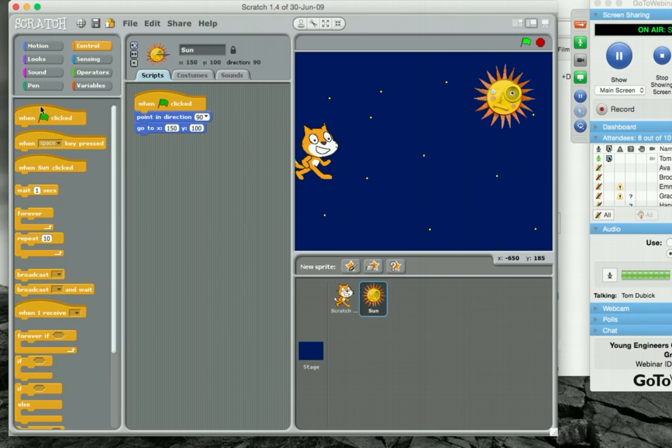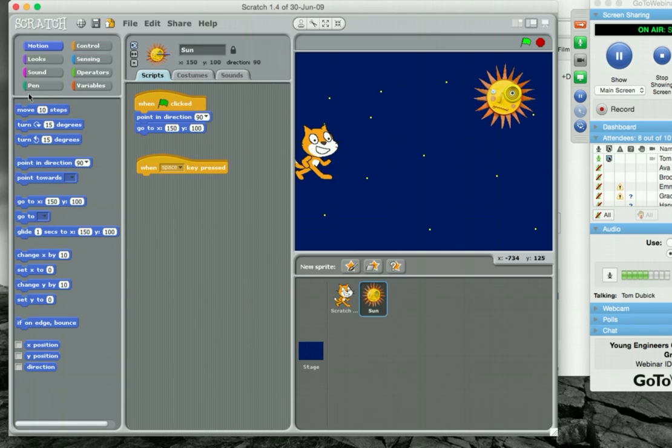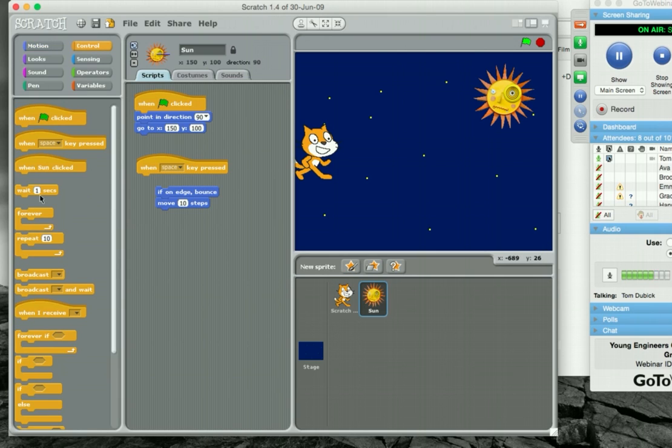When the space bar is pressed, and that's how you either start or restart gameplay, we're going to want the sun to move forward, and if it hits a wall, to change direction. And we need it to check if it hits the wall before it moves forward. So just like if you remember the if-then statements that we just used,